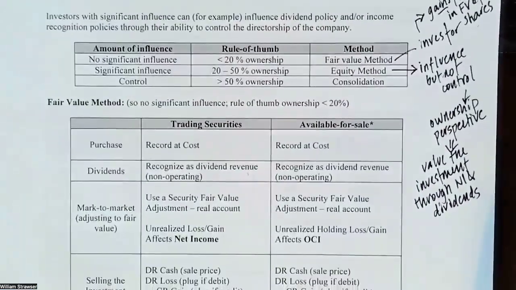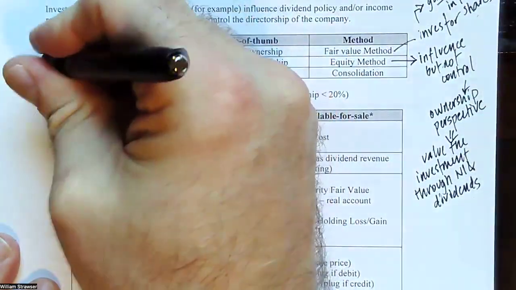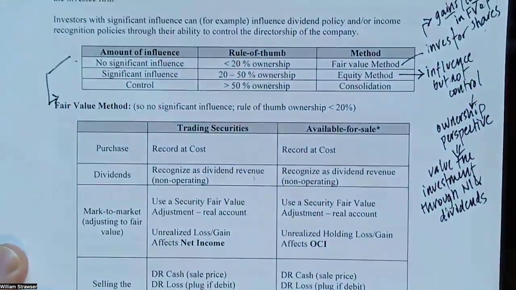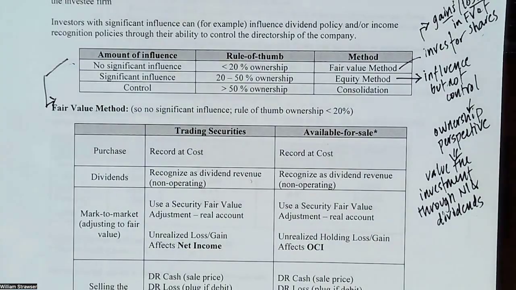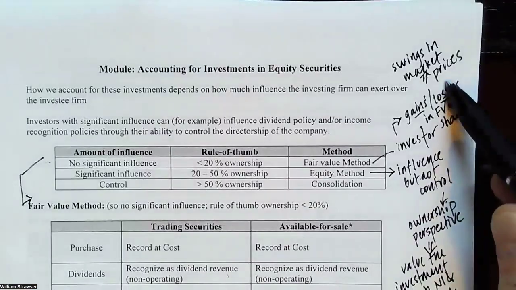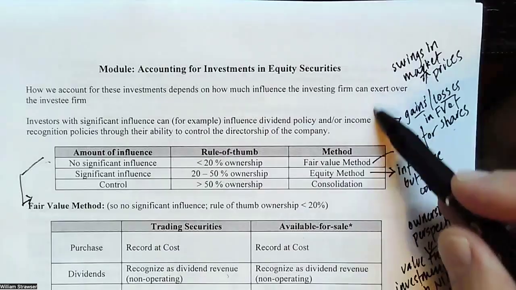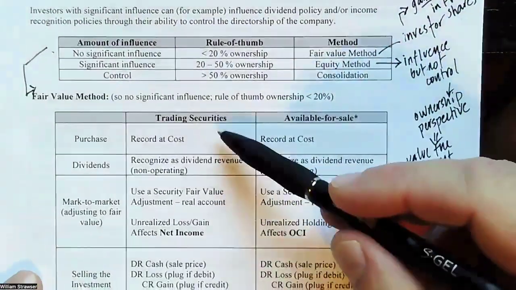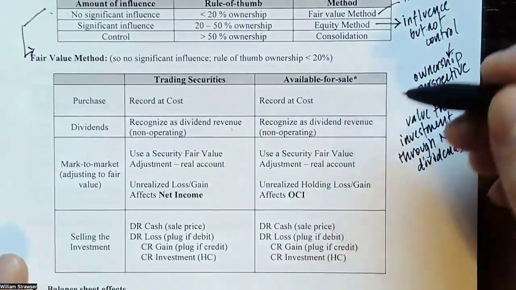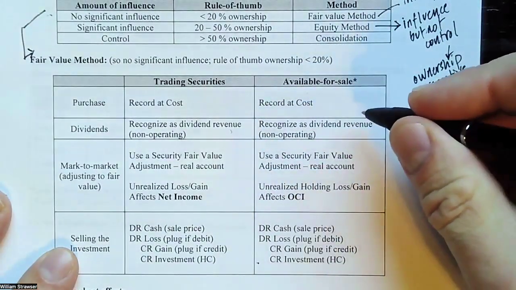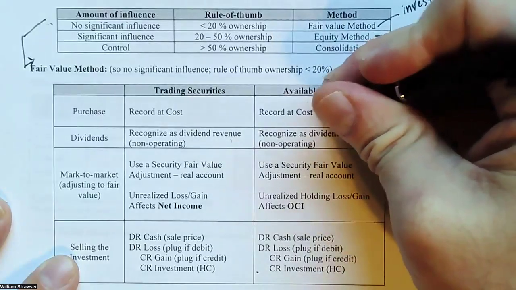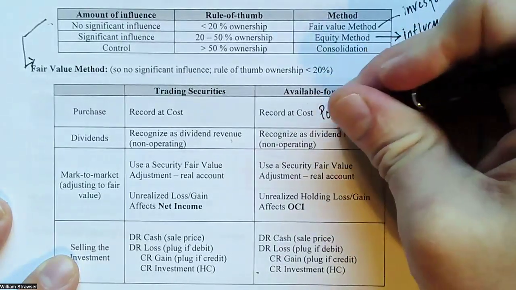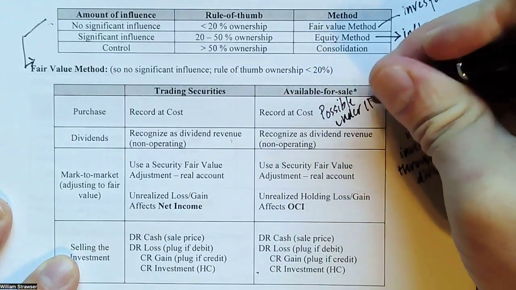So the first piece, the fair value method, which is linked to no significant control. This is where we are recognizing the value of the security on the investor's balance sheet in terms of the fair value of the equity. And we're taking this whole day trader approach to our valuation of that investment. So how do we record that? Now, it used to be the case that we could put some equity into available for sale securities. This is still possible under IFRS, but not GAAP.